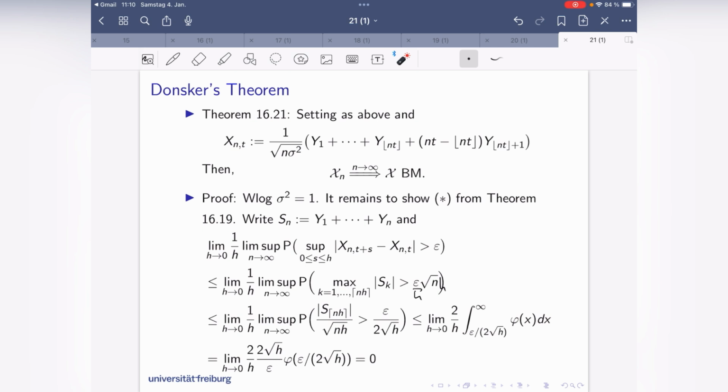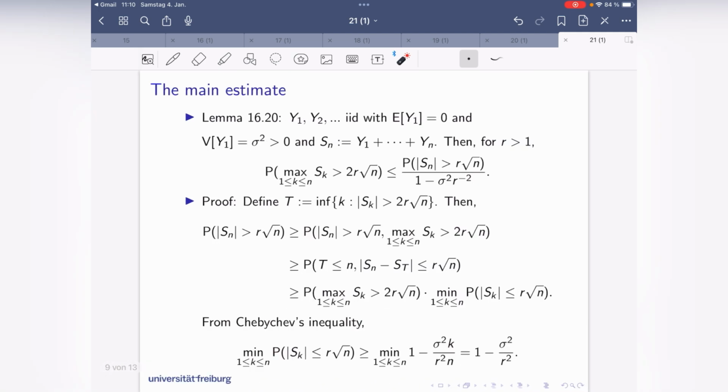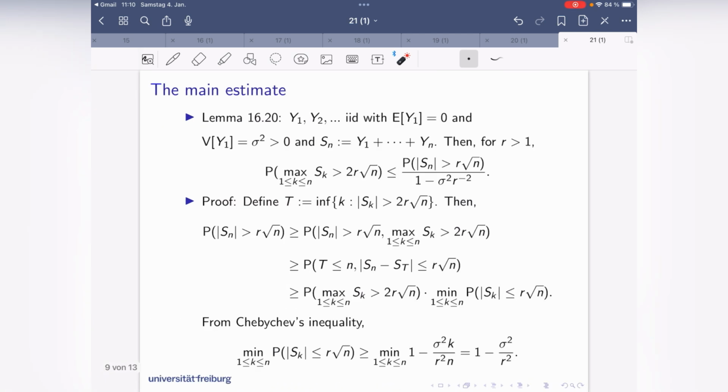So let me briefly correct this. N times h here. So I have bigger than, okay, that 2 here comes from the difference between this 2 and this 2 here. All what I need to do is